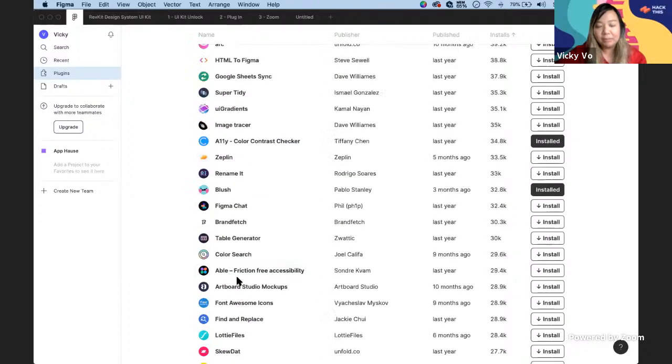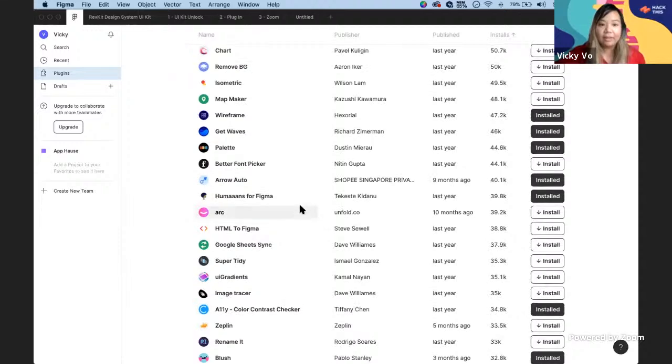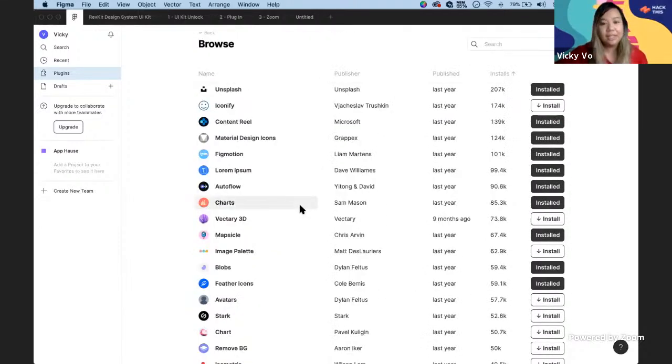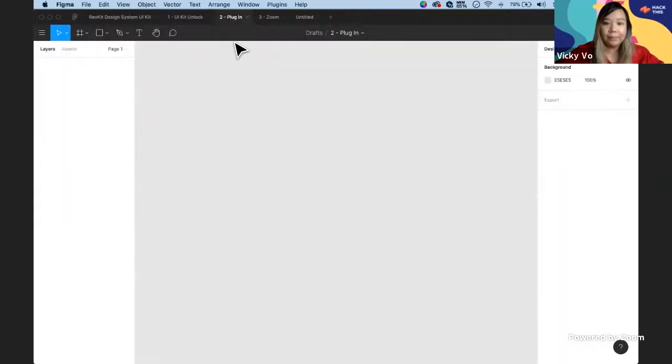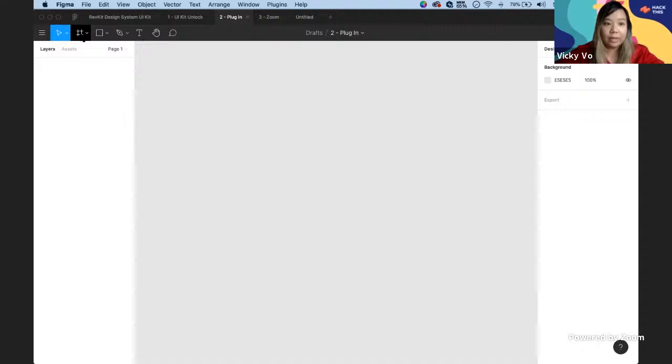So yeah, there's a bunch of plugins that you can explore. They even have Zeppelin and all kinds of things that help you with developing. So I recommend, if you have a few minutes, do explore each of these. But let me walk you through how to actually use them. So let's say I'm going to create an artboard